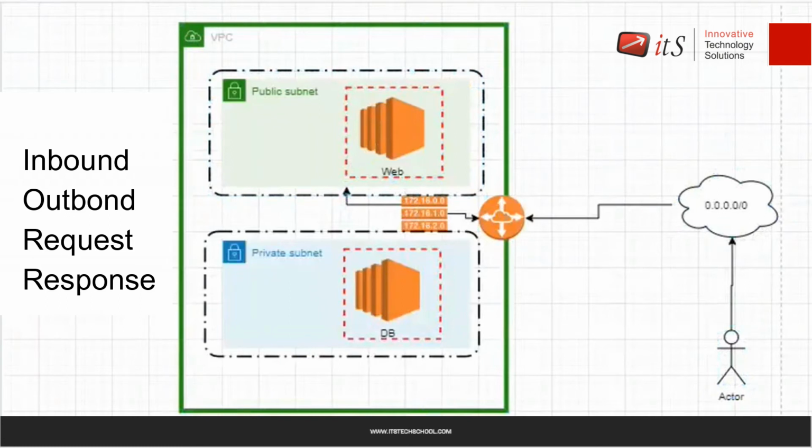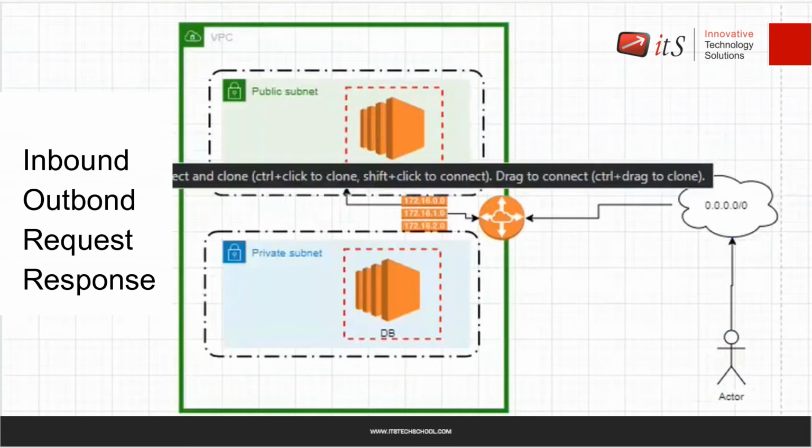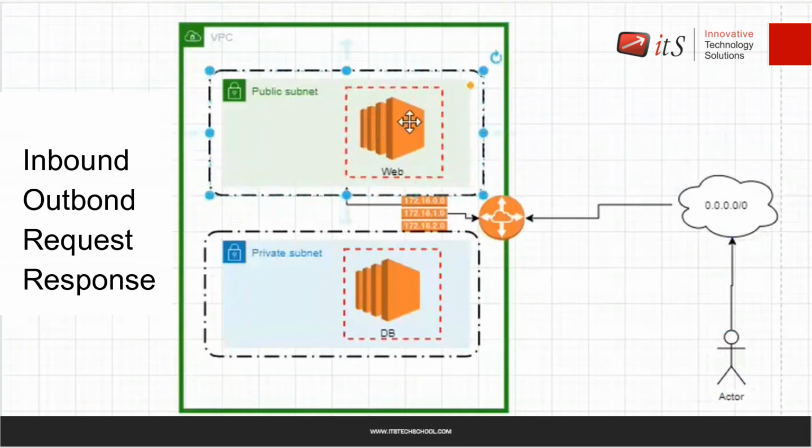So these are the four concepts: inbound, outbound, request and response, where the firewall works. Now if you understand this, let's see what is stateless and what is stateful. In a stateless firewall, it checks for the request and checks for the response, both sides, inbound and outbound. In a stateful firewall, it just checks for the request. The firewall does not check for the response. If a request is coming in, the response is allowed to go out. So inbound and outbound both.